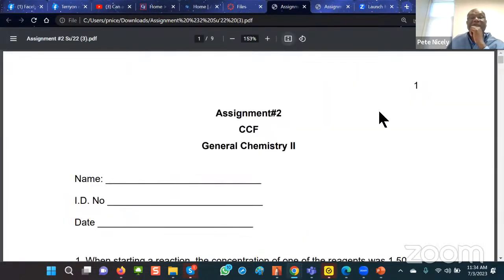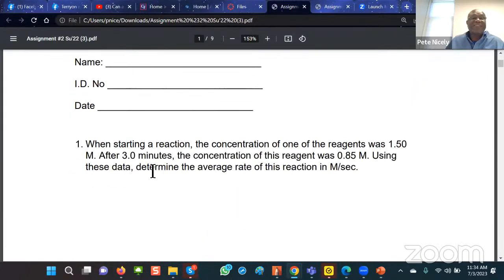Okay, so the first question is, when starting a reaction, the concentration of one of the reagents is 1.50 M. After 3.0 minutes, the concentration of the reagent is 0.85 M. Using these data, determine the average rate of this reaction in M per second, all right? Now remember, the average rate,